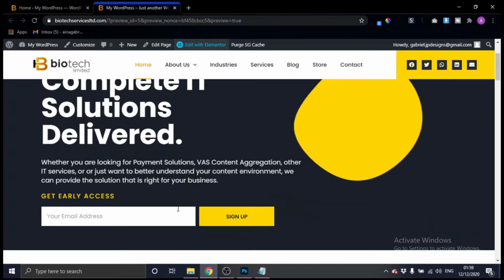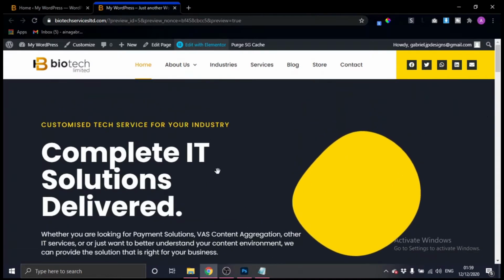Then at the bottom of the hero section, we also have the email subscription form, just the email to capture the emails of your visitors. And then on the right hand side, we have the blob effect. Okay, without further ado, let's get started.